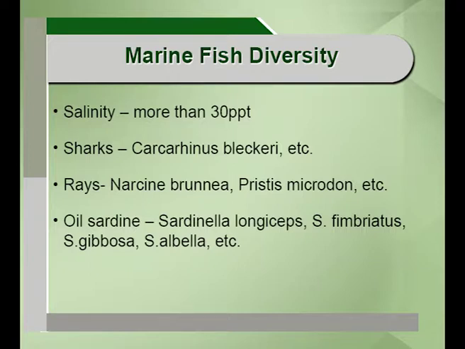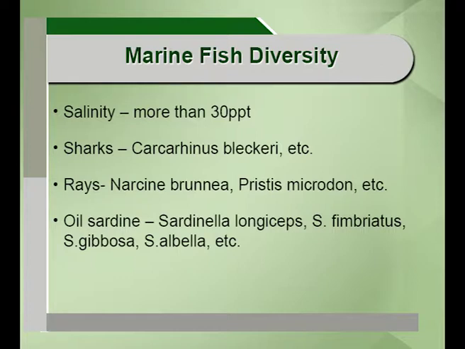Marine fish biodiversity is a very important thing as far as species are concerned, because in our country, if you see, more than 1200 species are there in the marine region, marine fishes. So in that sense, it is very important. Second thing is that it has huge potential, yet we need to tap it efficiently and effectively. And the characteristics of the marine region, if you see, the salinity level is more than 30 parts per thousand. And I just now mentioned that we have more than 1300 taxa, that is 1300 species, in the marine region.